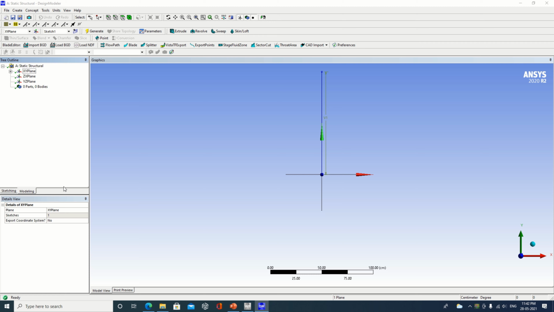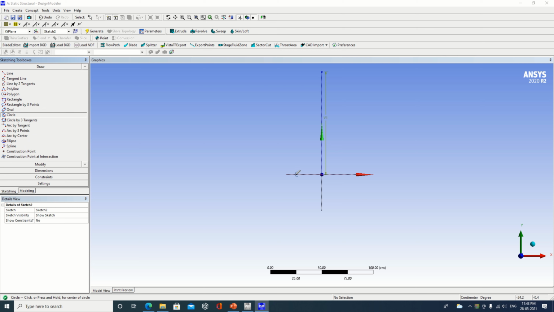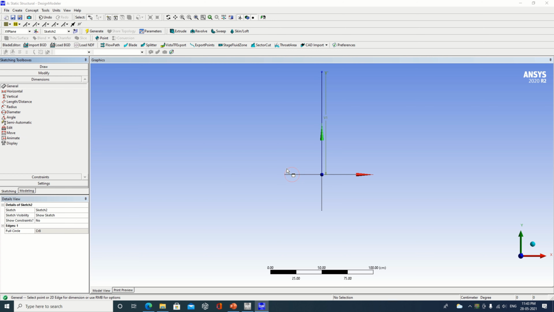Now many of you sometimes make the mistake of creating the sketch on a single plane, creating in the same sketch, as most people do. What you have to avoid is that. You have to create one more sketch over here, Sketch 2. Then in Sketch 2 you have to draw the circle. So I am drawing a circle here in Sketch 2, otherwise you will get an error. So this is D2. I will specify some diameter as 8. So the diameter of your spring wire will be 8.